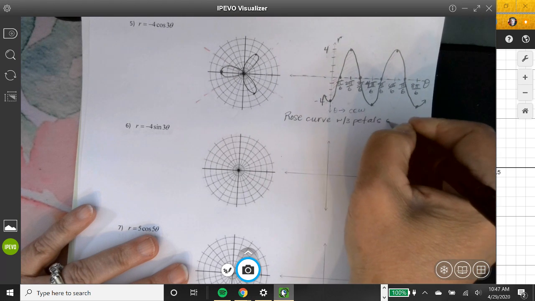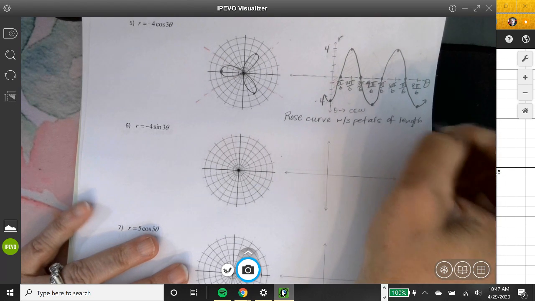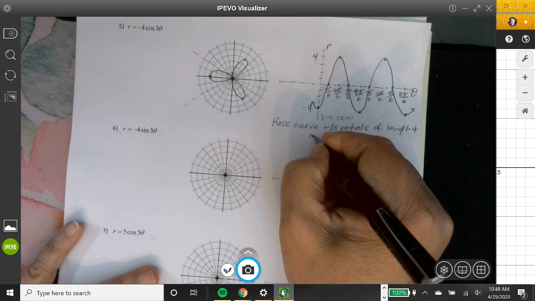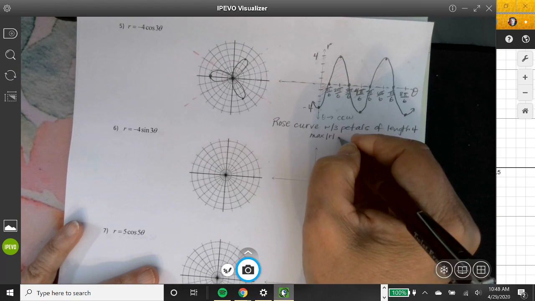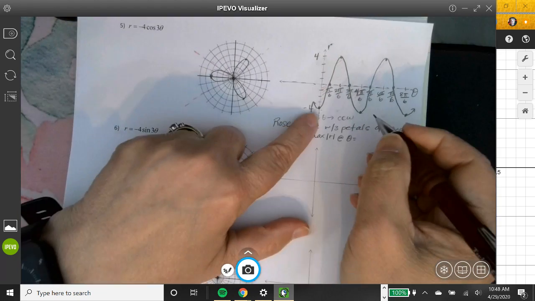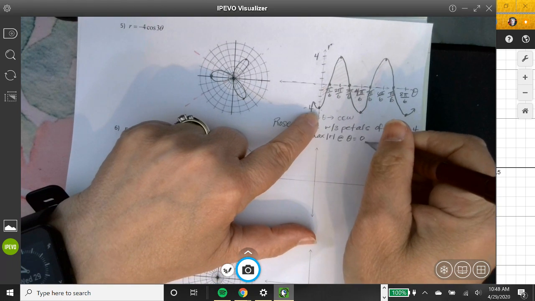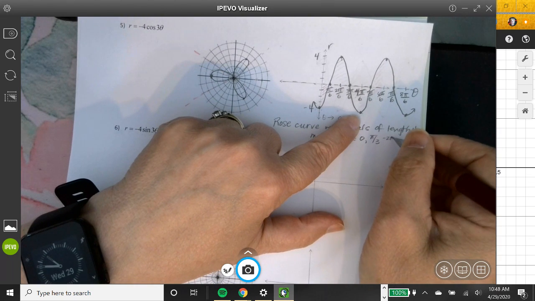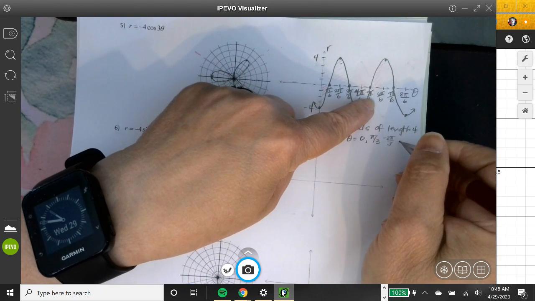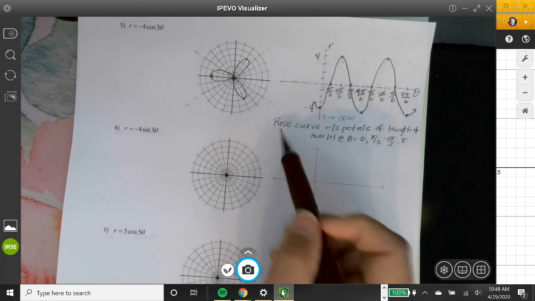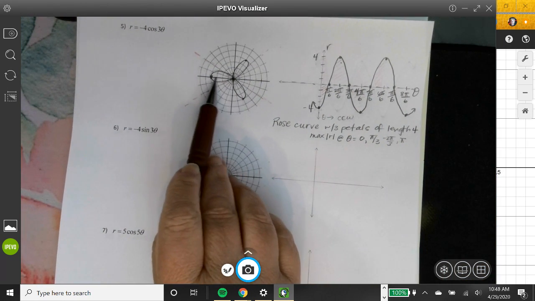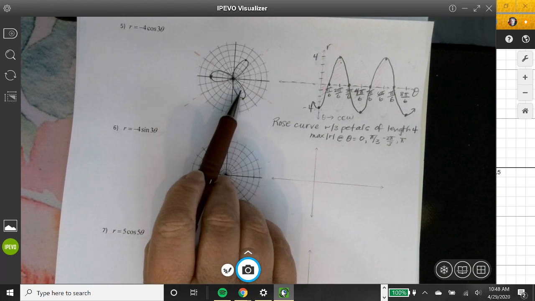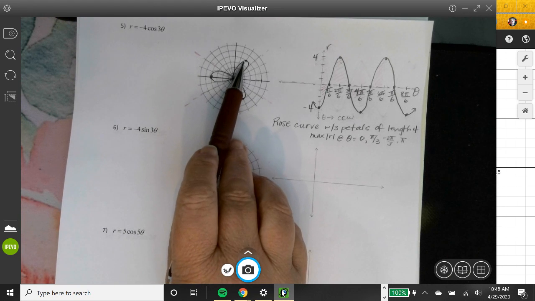Of length 4. And where are the max magnitudes of r? Theta equals, well, that's going to be -0, but 0 has no sign. And then this is going to be at pi over 3, and then -2 pi over 3, and then at pi. Now let's see if that works. At 0, do I have a maximum petal? Sure. And then pi over 3, yes. And then